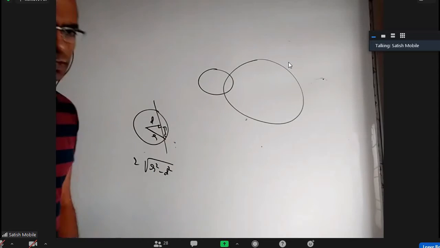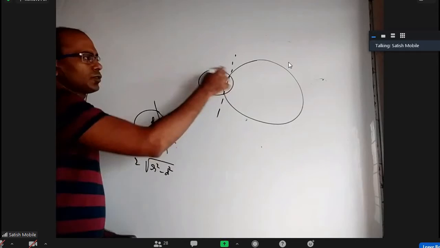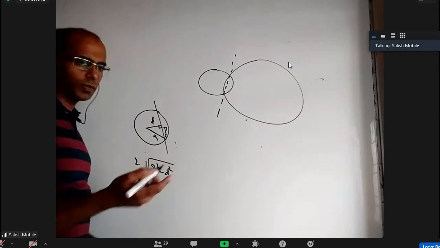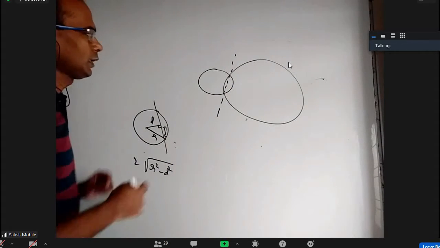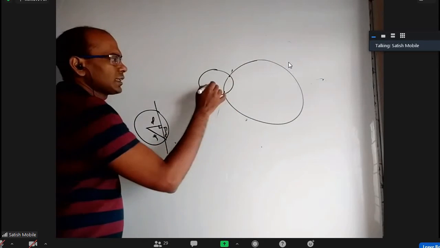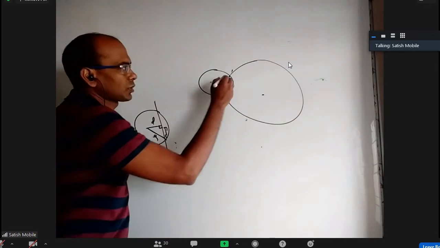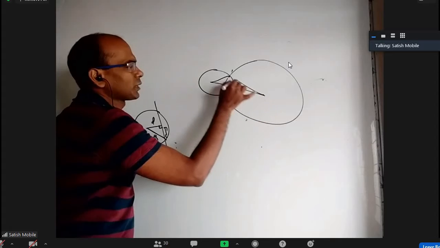If 2 circles are there, one obvious method is to subtract these two and get the common chord. Then use one of the circles and the line, use this formula, and you will get the length of the common chord. Apart from that, if the 2 circles are intersecting each other orthogonally, if you somehow notice that, you can use some other method.